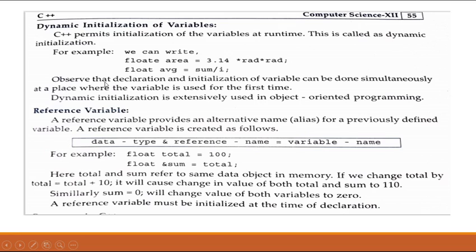पढ़ लेते हैं थोड़ा सा। Observe that declaration and initialization of variable can be done simultaneously at a place where the variable is used for the first time. The dynamic initialization is extensively used in object oriented programming. डायनेमिक इनिशियलाइजेशन सिंपल थिंग है कि जब रन टाइम में प्रोग्राम एग्जीक्यूट होगा, जब प्रोग्राम में वैल्यूज में चेंजेस होंगे, जब भी वेरिएबल की वैल्यू चेंज होगी, दैट इज द डायनेमिक इनिशियलाइजेशन।